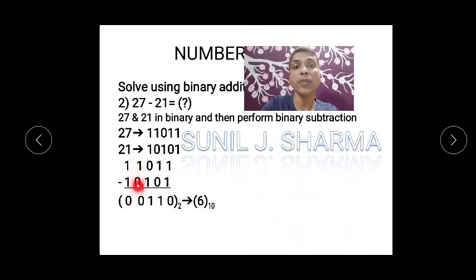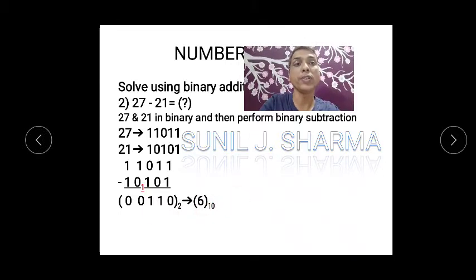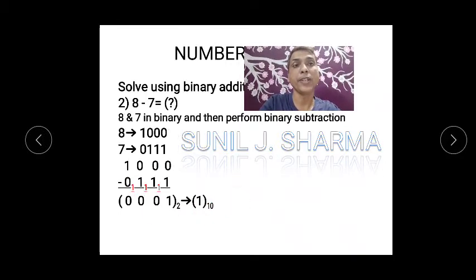Now can you see 1 minus 0 is 1 and 1 minus 1 is 0. That's why I have written 0 here, and 1 minus 1 is 0. So your value is going to be perfect. So everyone knows that 27 minus 21 will be 6, and you can see when you go in binary also you will be getting the same output. So I hope you got this. Now let's go with the next.